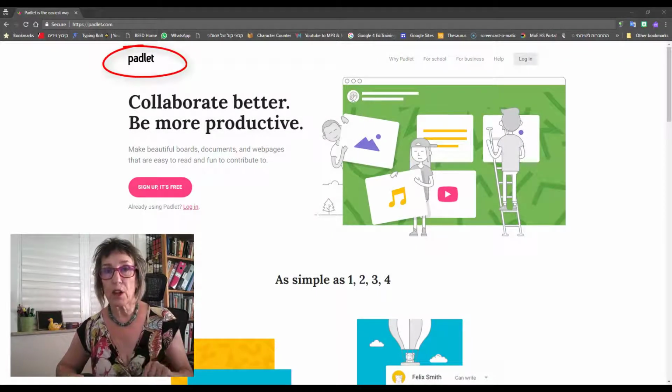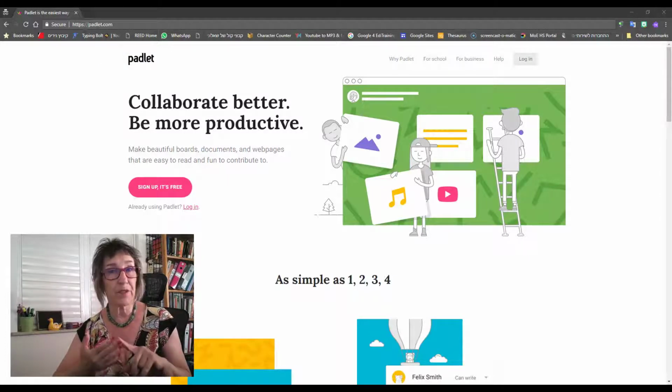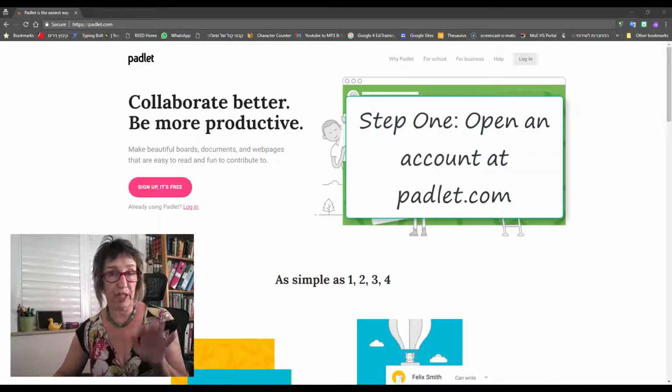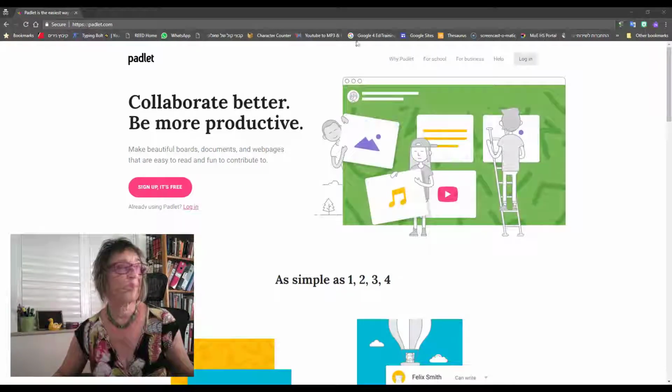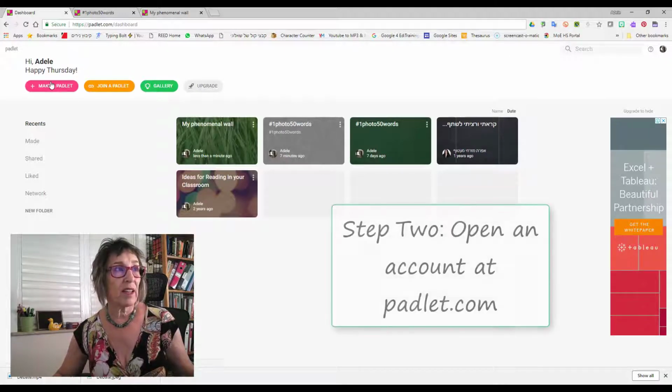Remember that name. We're going to use it to make it easy to collaborate with your students, have them share pictures, have them share words, and have them vote on each other's postings. You go into Padlet, you get an account. It is free, like everything else I show you. You start with a board, make a new Padlet, click on Make a Padlet,